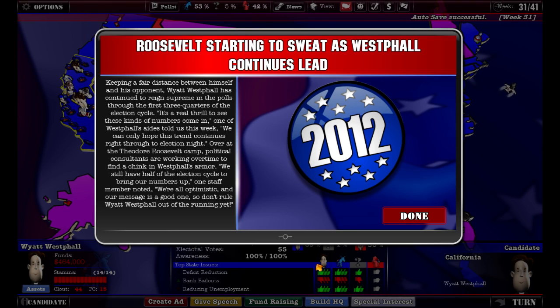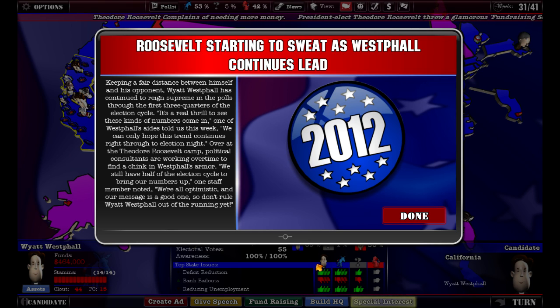Weekly news wrap-up. Roosevelt starting to sweat as Westphall continues lead. Keeping a fair distance between himself and his opponent, Wyatt Westphall has continued to reign supreme in the polls for the first 3 quarters of the election cycle. It's a real thrill to see these kinds of numbers come in, one of Westphall's aides told us this week. We can only hope this trend continues right through to election night. Over the Theodore Roosevelt, political consultants are working overtime to find a chink in Westphall's armor. We still have half of the...